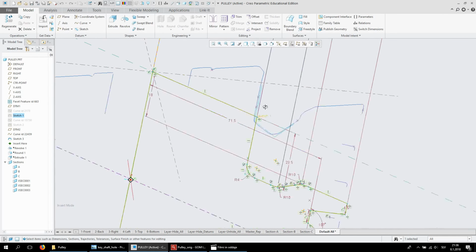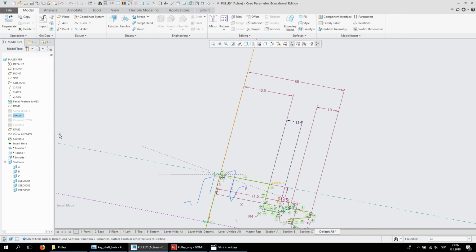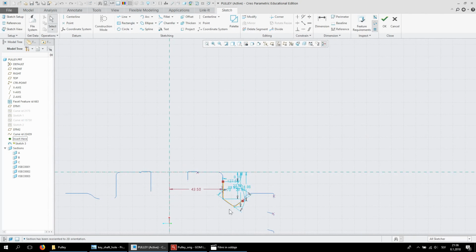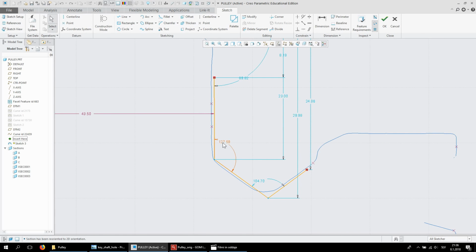Where is that? Oh, here, yeah, 43.5. So let's go back to this sketch. So 43.5 there, and now let's put these angles in. So I don't know, 128 and 105 here. Or actually, let's undo this. Let's first put vertical here and horizontal for these 2 points here,